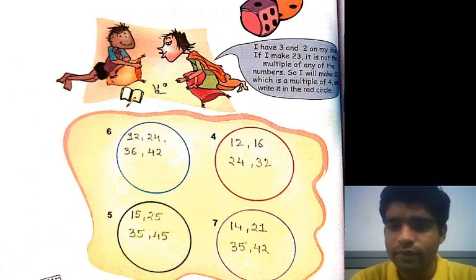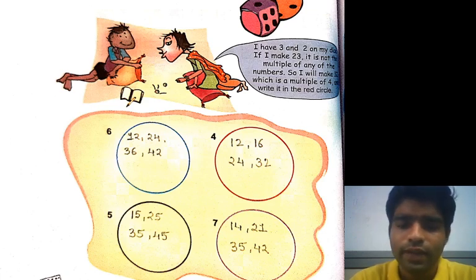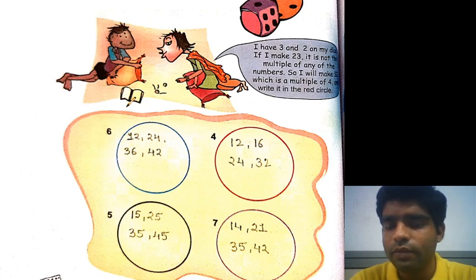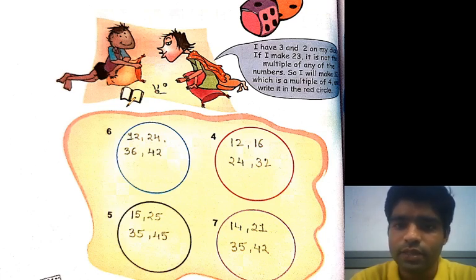Okay, now let's start from the next example, and your next example is 5. We have to write down the multiples of 5. These are 15, 25, 35 and 45. Why do we write 15, 25, 35? Because these are multiples of 5. You can also write other multiples of 5, because this number is not fixed, and it also varies each time.